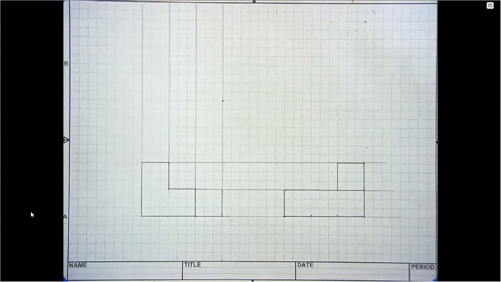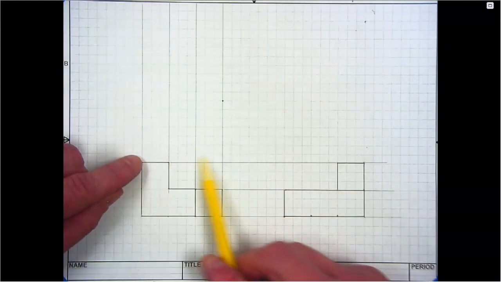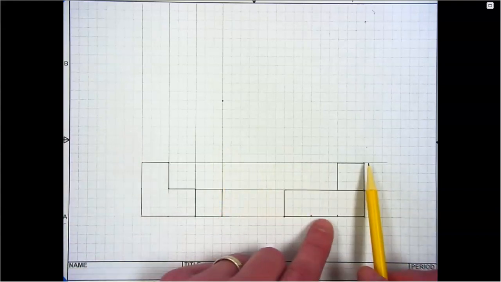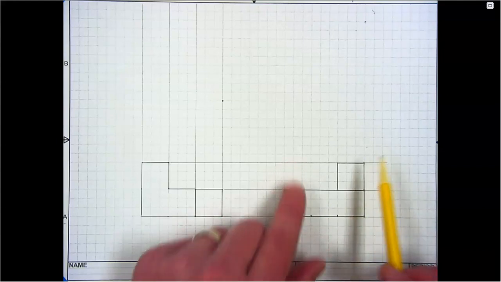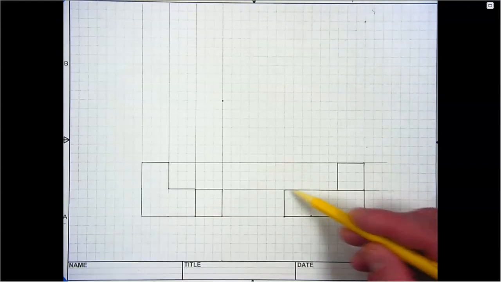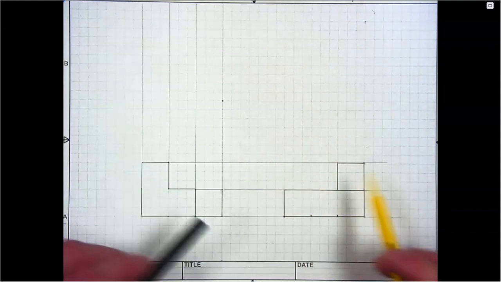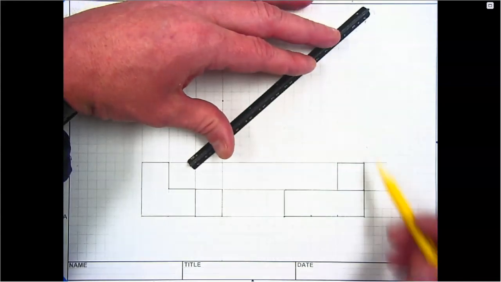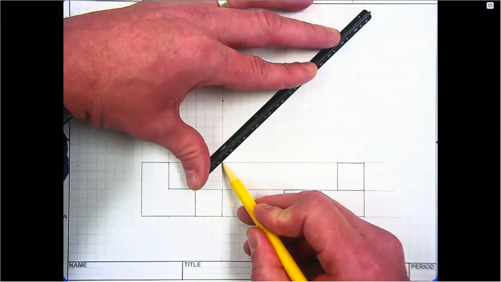From here, we'll go ahead and work on creating the top view of the part. To do that, we've projected the width lines over from the front view, and we have the height lines from the front view to the right side view, and we have the depth lines on the right side view. So what we need to do now is project over the depth line so we can apply the depth to our top view. So what I'm going to do is from the corner of my part right here,